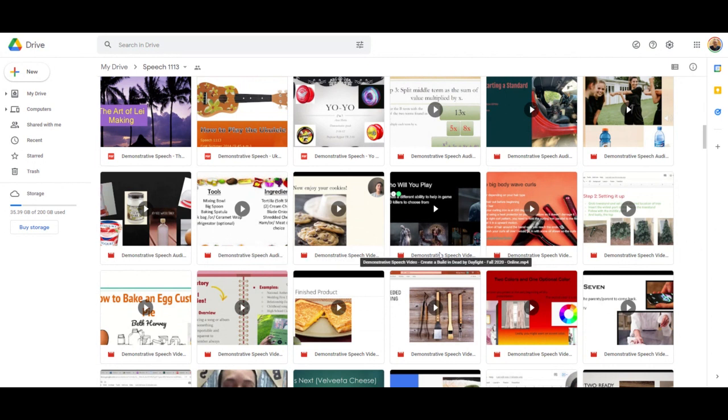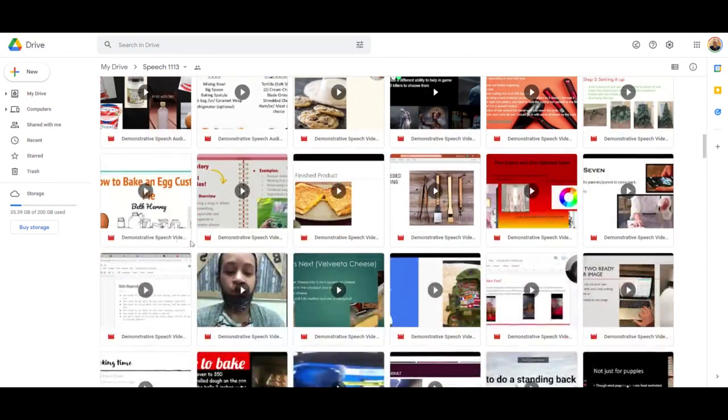chocolate chip cookies, create a build in Dead by Daylight. I'm going to show you that. Curling your hair in different ways, decorating a Christmas tree, egg custard pie. I showed you that during the first week from Beth. That's also available on my YouTube channel. Glass music frame souvenir. I'm going to show you that one. Making a grilled cheese sandwich,